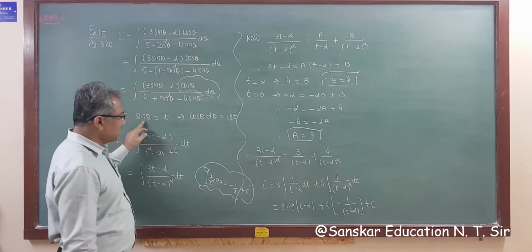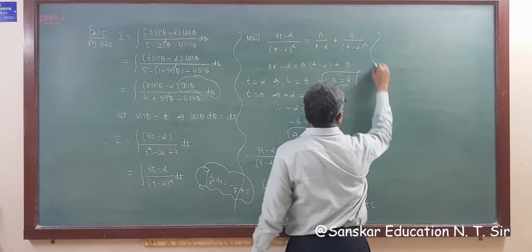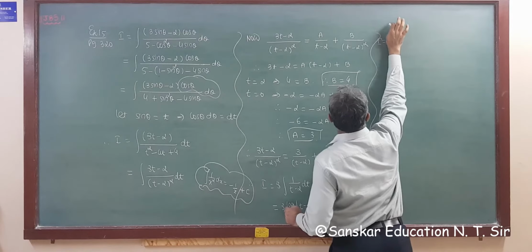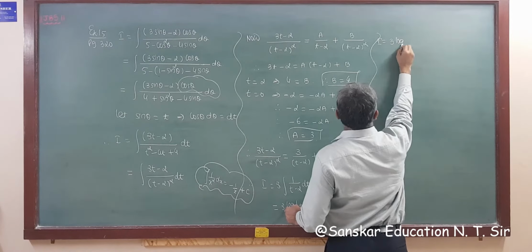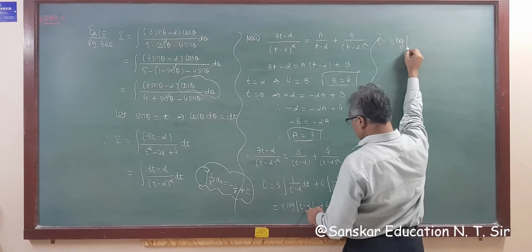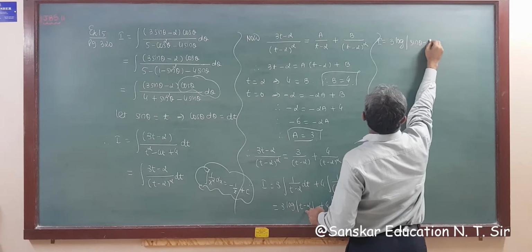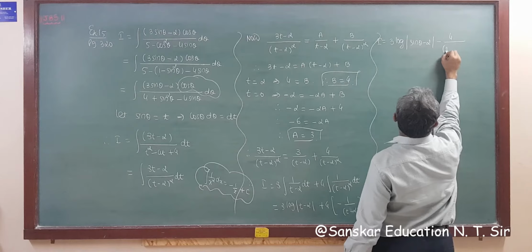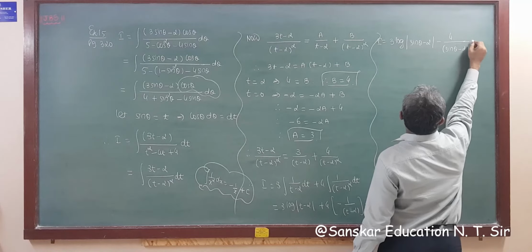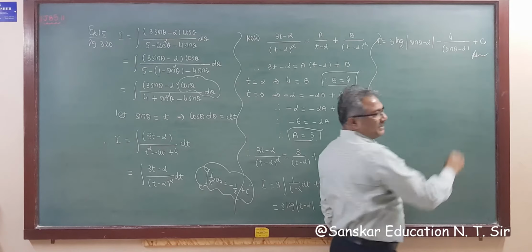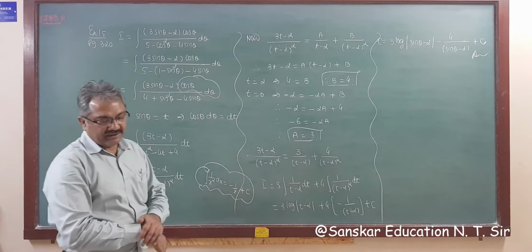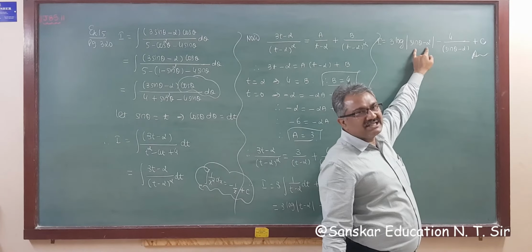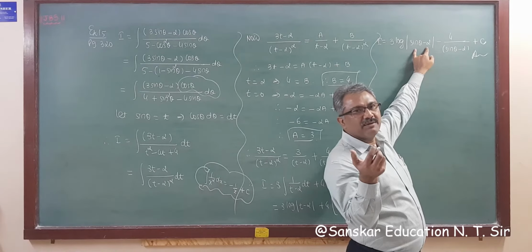Now substituting the value of t. What is t? t is sin theta, so our answer will be I is equal to 3 times log mod (sin theta minus 2) minus 4 upon (sin theta minus 2), and plus c. So this is your answer, right? This is our answer, right? If you want to take this common, because 2 is greater than sin theta, because the range of sine is minus 1 to 1.